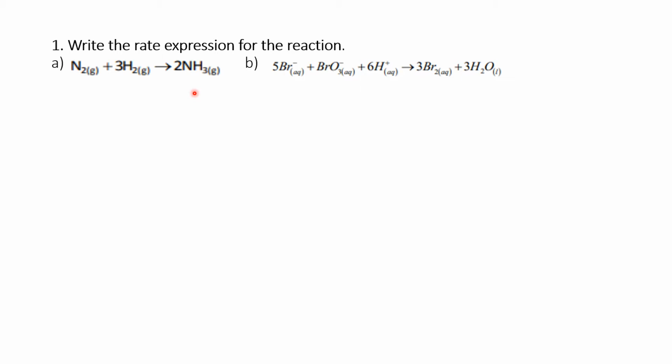How to write the rate expression? What is the rate? Rate means the speed of the reaction. How to find out the speed of the reaction? When the reactant is disappearing and the product is forming, that we call the speed of the reaction. When the reactant has completely disappeared and the product has formed, then only can we find the time in which the reaction is completed. Like that we need to find. So how to write it as an expression? See here how to write it.